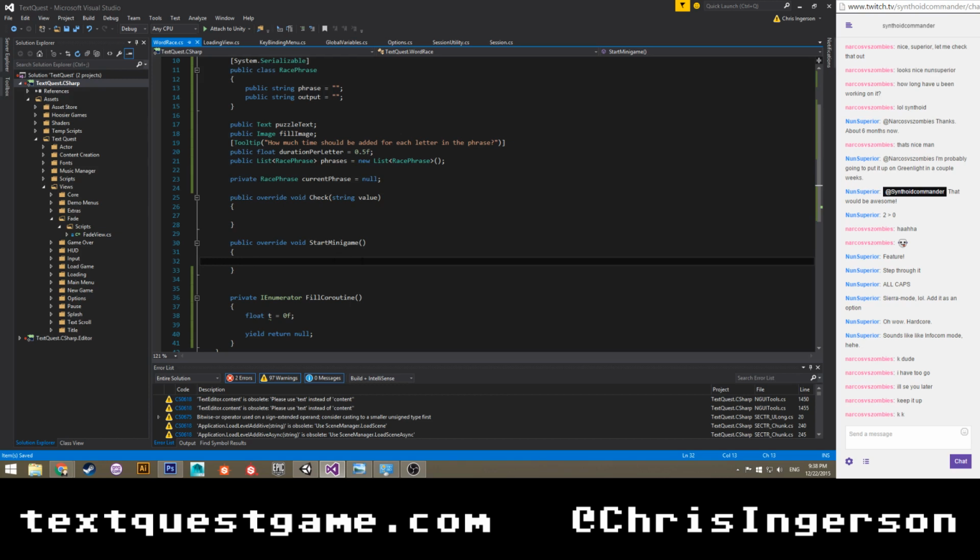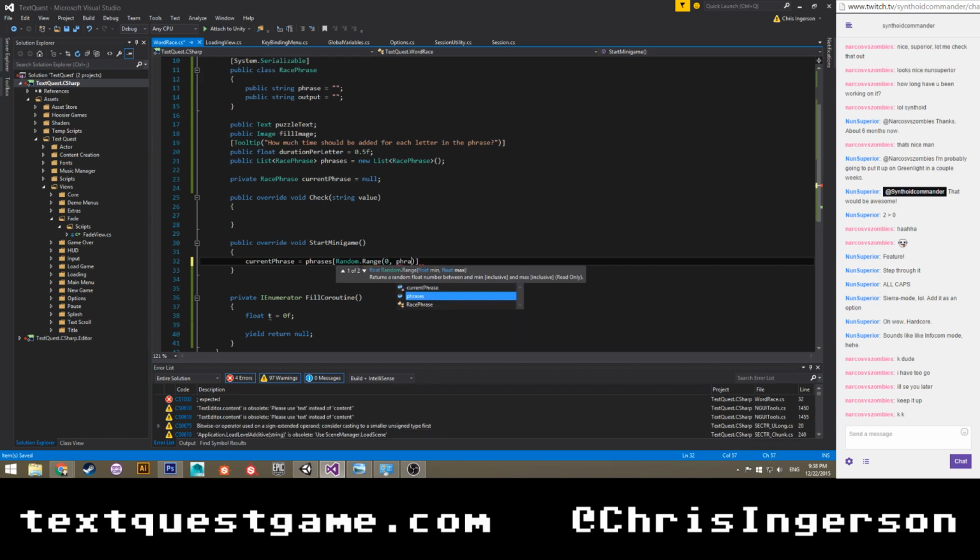Start minigame: current phrase equals phrases, random dot range, not random range, 0, phrases dot length, except dot count.